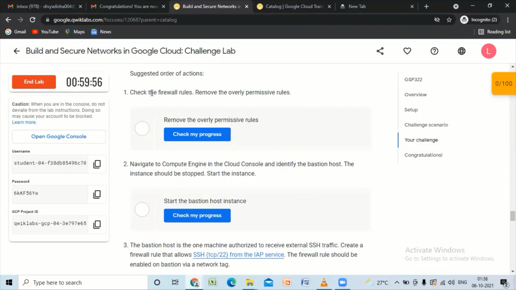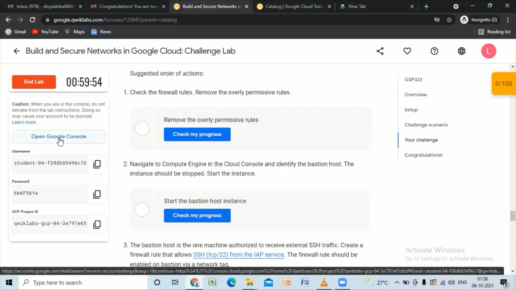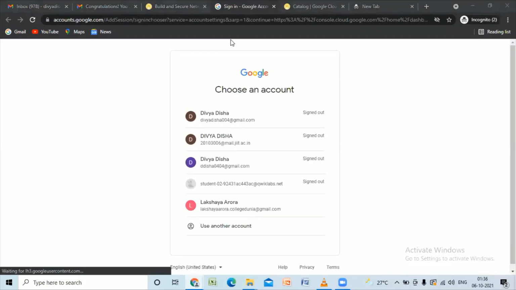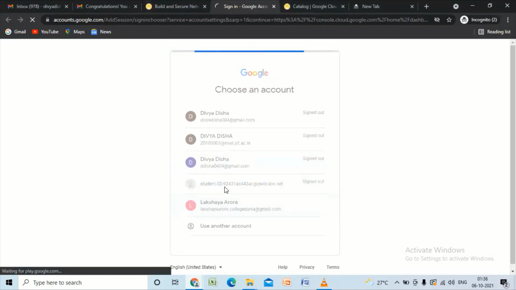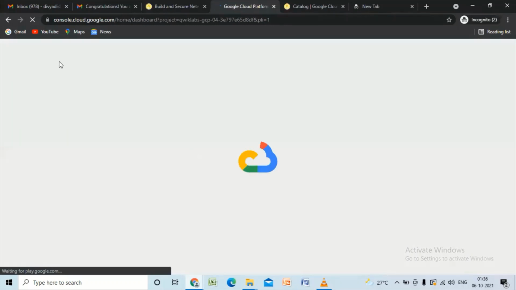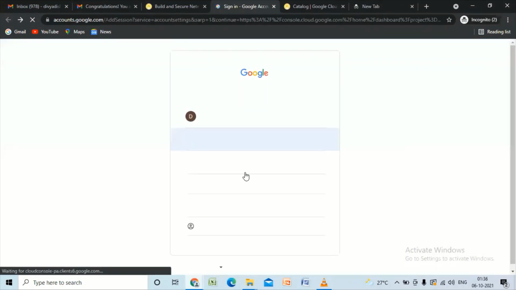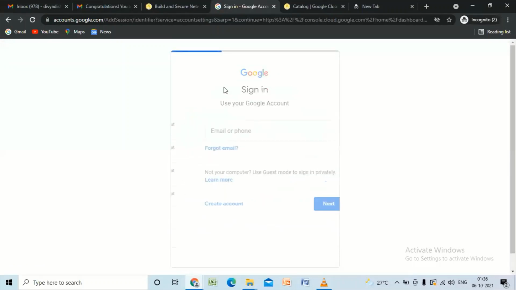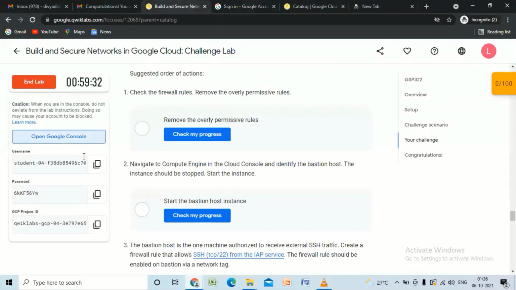So task 1 says, before starting, let's open the Google console. We need to log in through these credentials only.